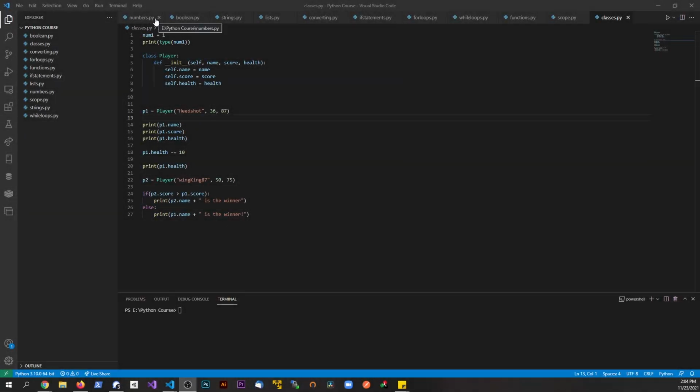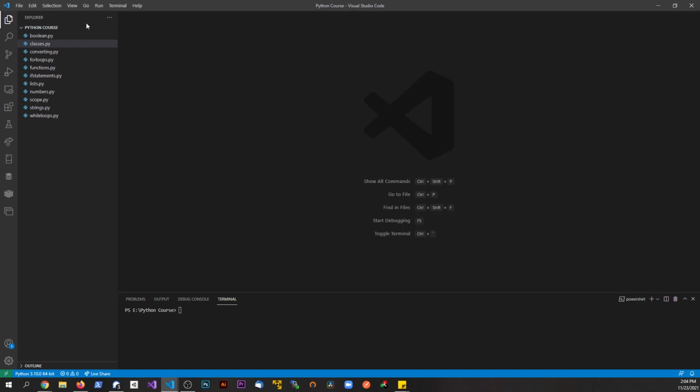So first off here, I'm going to do a little tidy up. I'm going to close up a bunch of these tabs, this way they're not distracting me, and keep going. 1, 2, 3, 4, 5. Fantastic. Okay. I want to make a new file, but this time I'm going to call this, let's call it